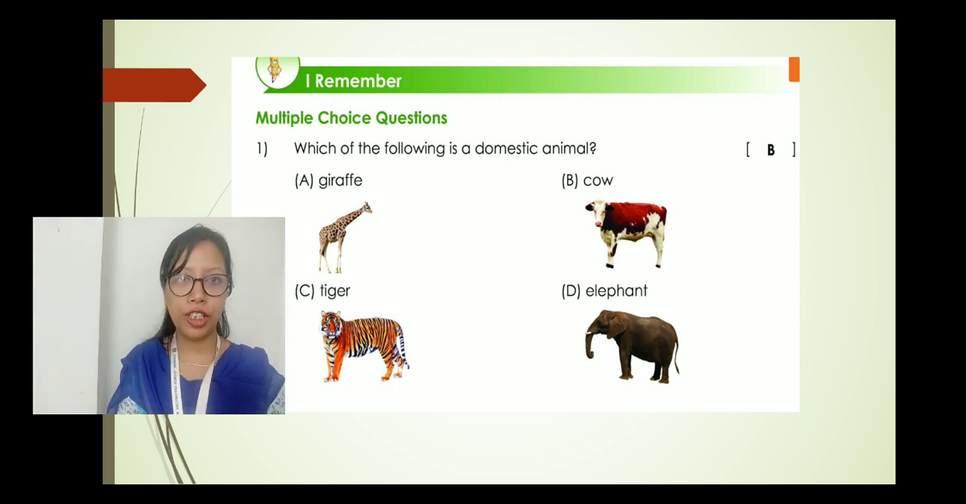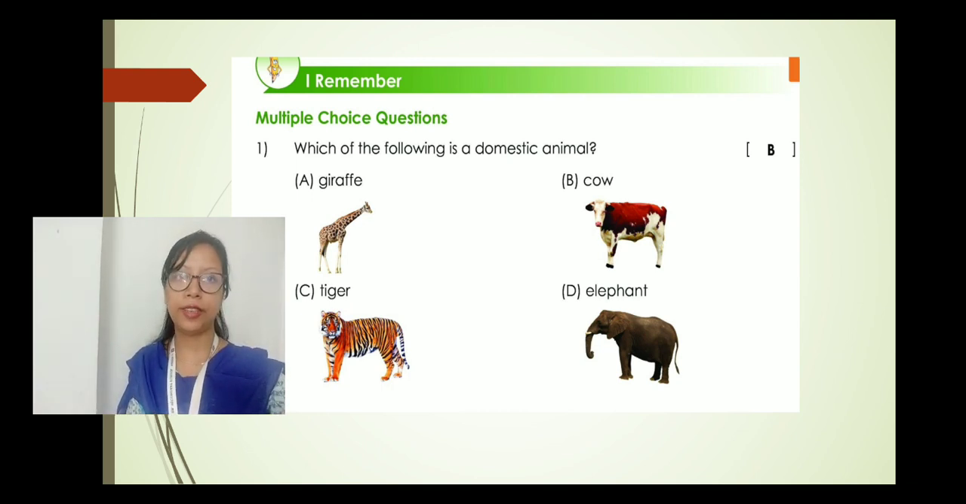Multiple choice question. Here the question goes as, which of the following is a domestic animal? We have the giraffe, cow, tiger and elephant. Giraffe, tiger and elephant, they can take care of their own. They find their own food. Therefore, cow is the domestic animal here, because it lives in the farm and also humans have to take care